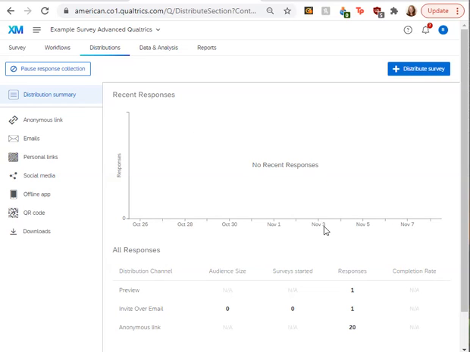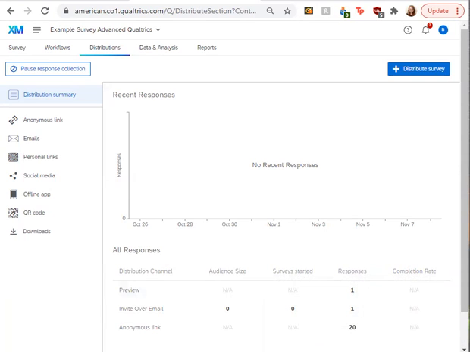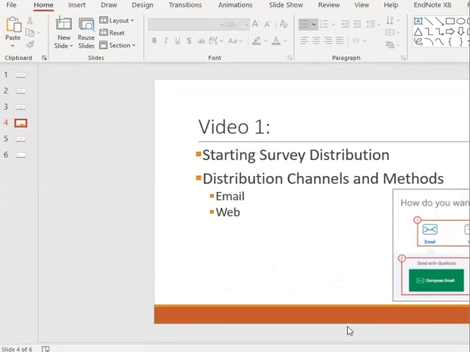Or if you've already done some kind of distribution, as we have for this example survey, then you'll be able to see the distribution summary with some metrics about summarizing how each distribution is doing. But again, if you haven't distributed the survey yet at all, it'll look like the former slide that we saw. So let me pull that back up real quick.